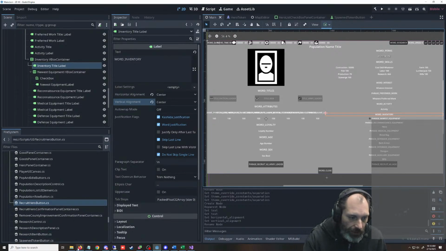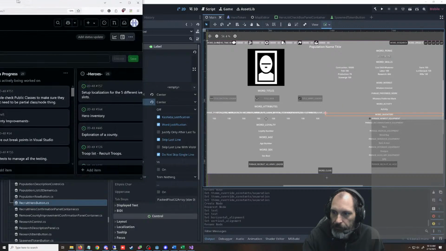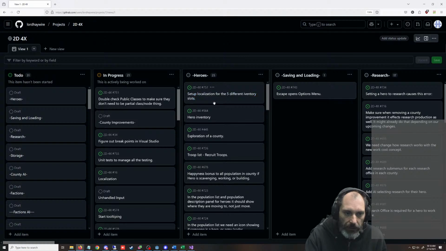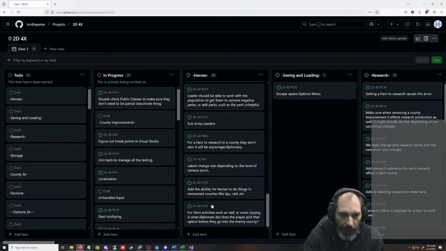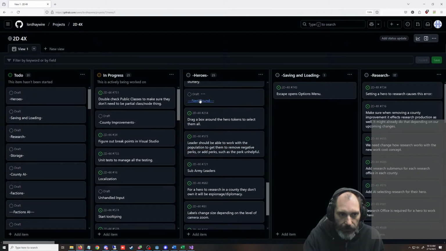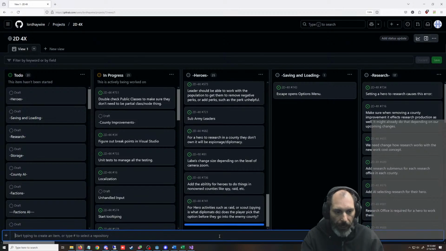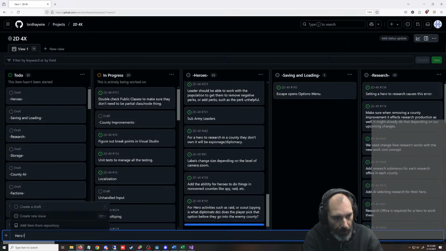So let's put some notes in on things that we want to do in the future here. Where are we going to put this? This is going to be under hero, I guess, and it's going to be next round. So this is our next round there. So we're going to want hero inventory.